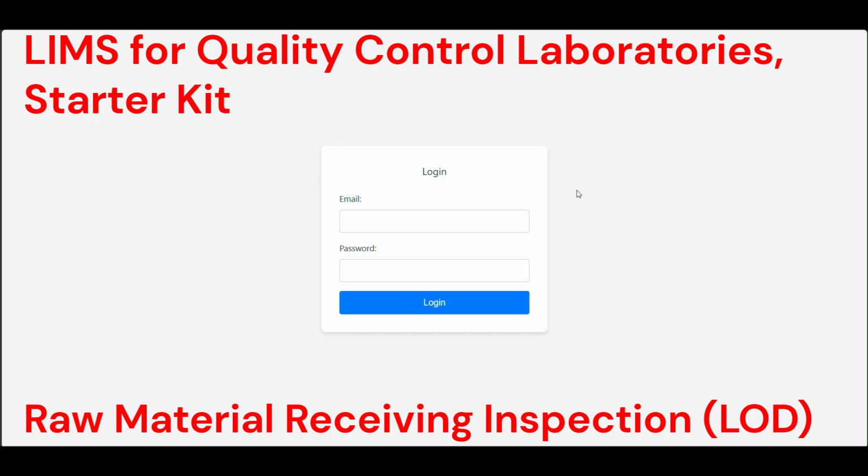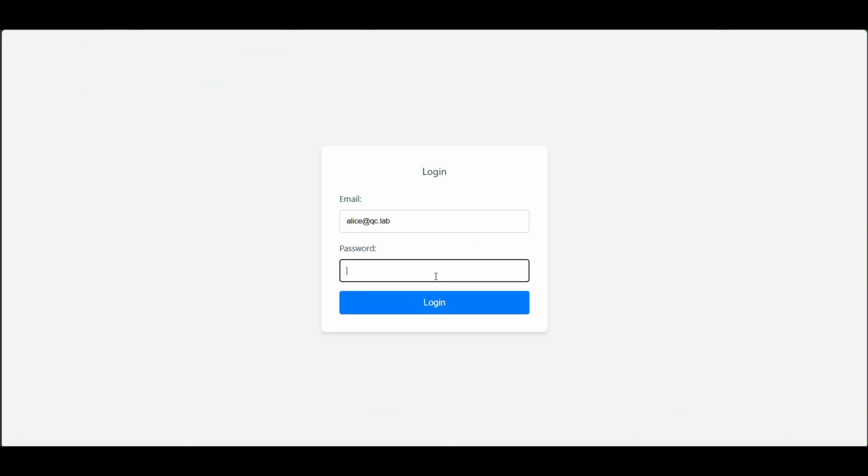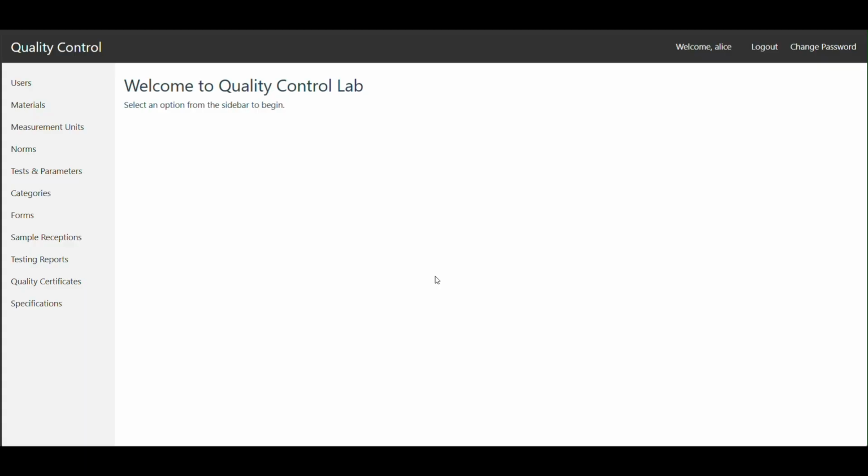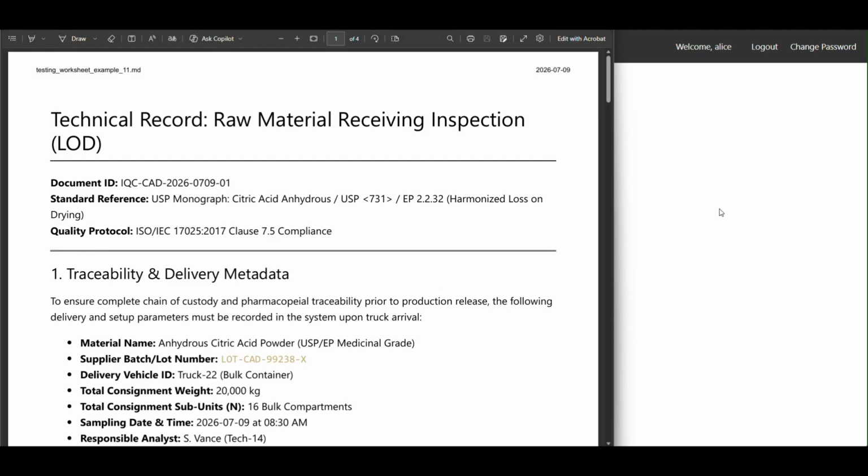In this presentation, we will configure the LIMS system for a new raw material receiving inspection. So first, let's log into the system. And second, let's see what this is all about in this testing. So we will